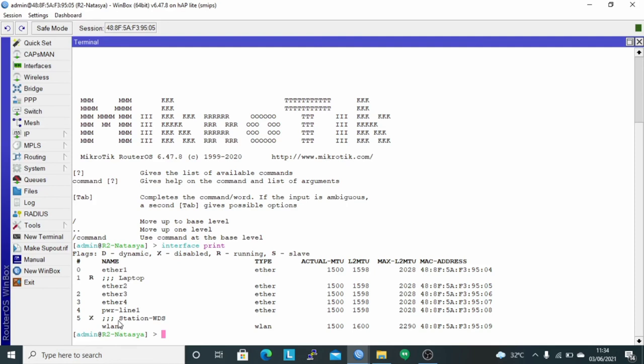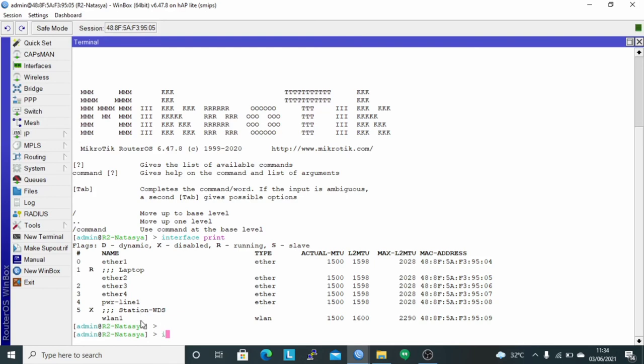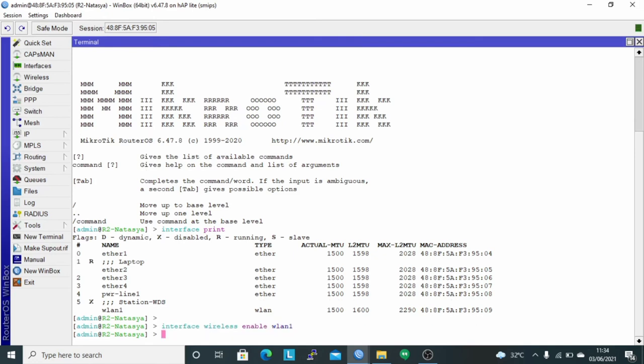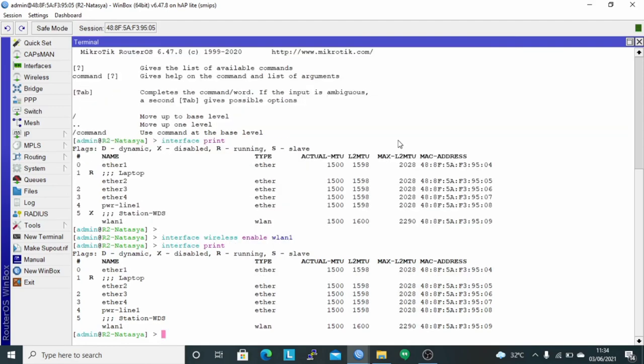And then activate the WLAN 1 interface on router 2, which will use station mode, with the command interface wireless enable wlan1. Check with the command interface print. It can be seen that the interface WLAN 1 is active or enabled because there is no X or disabled flag.